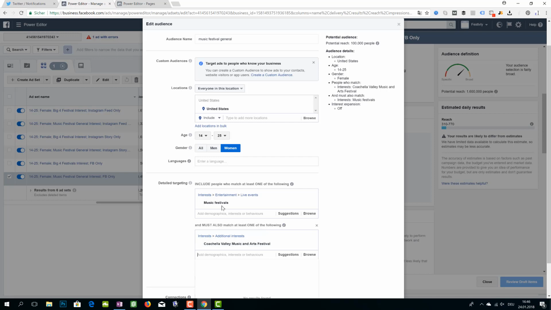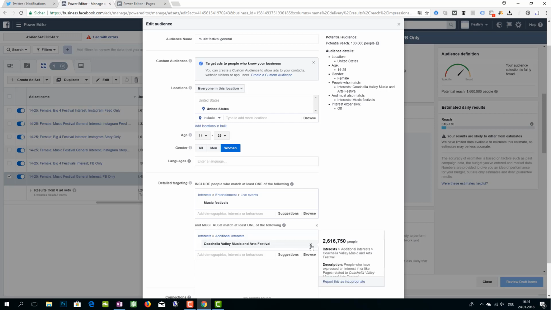Because instead of targeting someone that likes the broad term, you're targeting someone who likes the broad term and Coachella. This is more targeted and likely to get better engagement than someone who likes only one or the other. Because you can imagine that someone that likes multiple pages about music festivals is likely a great target customer for